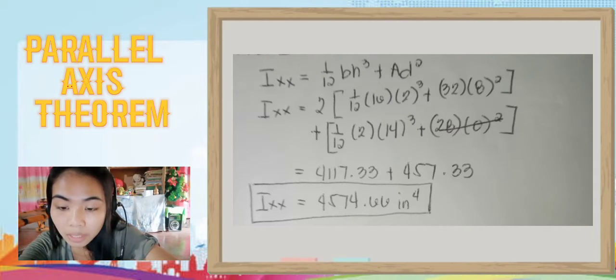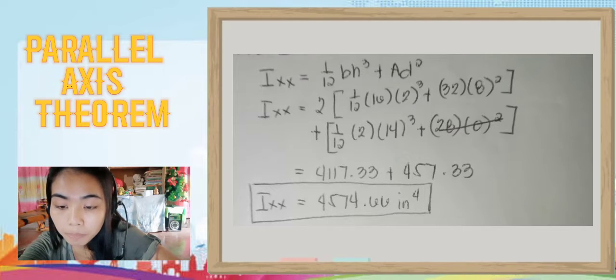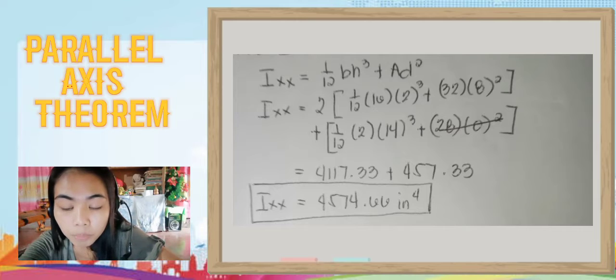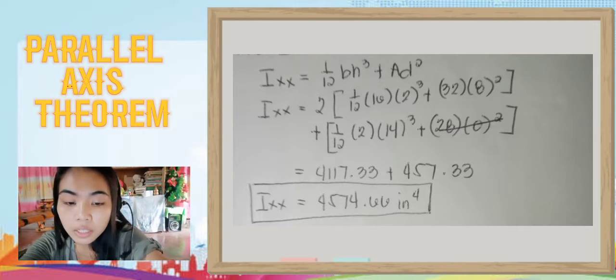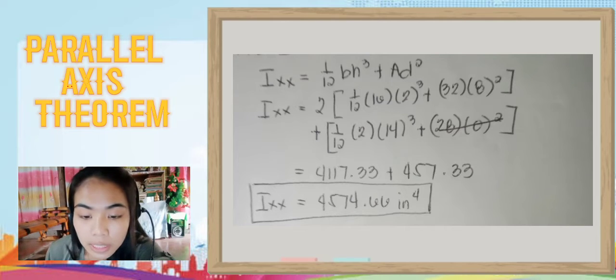So 16 times 2 becomes 32. I already solved that directly. Times the distance, from here to here is 8 inches, so we square the 8 inches. So, plus the area